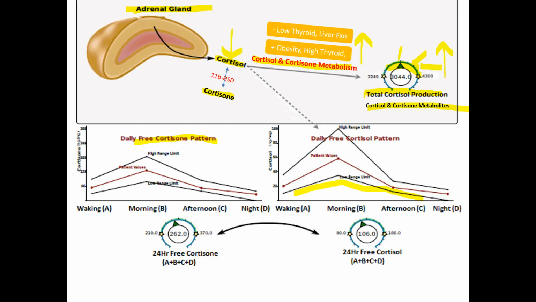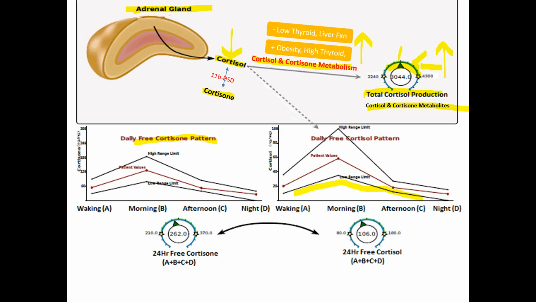If you have opposite results in other situations where the free cortisol is higher, relatively speaking, compared to the total glandular output, so if the free cortisol is normal or elevated and that total cortisol production is low, then sometimes low thyroid can cause that, or decreased liver function,